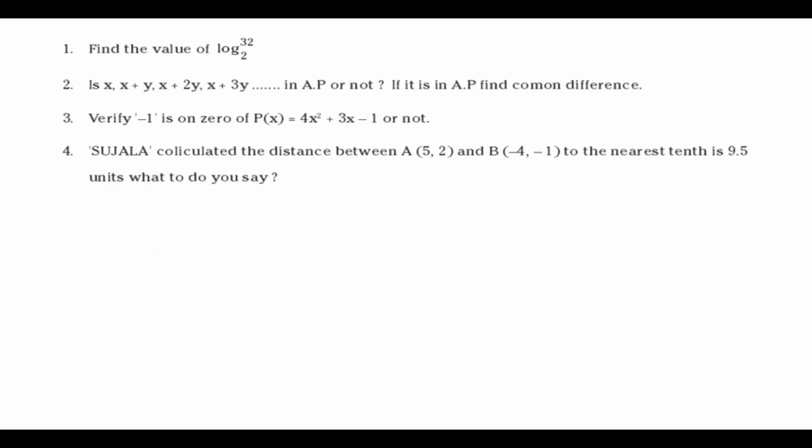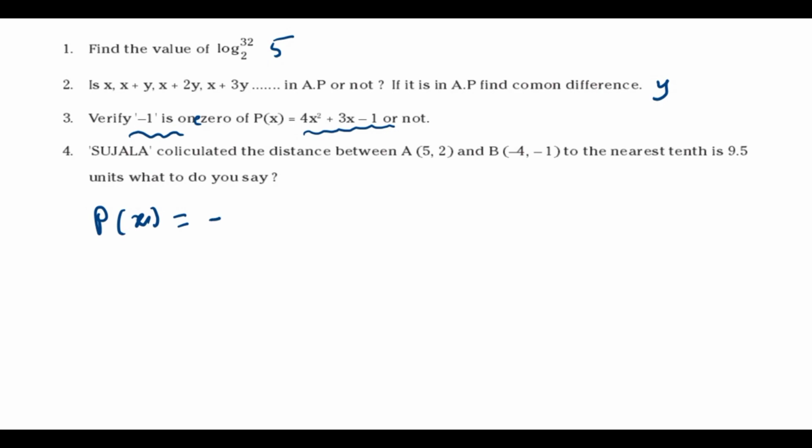Once again, the answers for the previous ones are 5 and y. Now verify whether minus 1 is a zero of the polynomial p of x equals 4x square plus 3x minus 1 or not. So how can you check it? Take p of x equal to